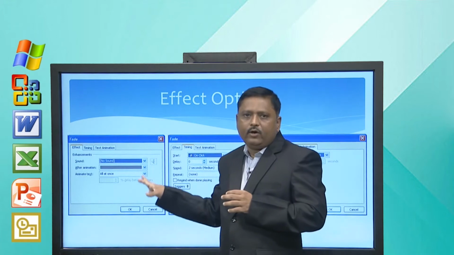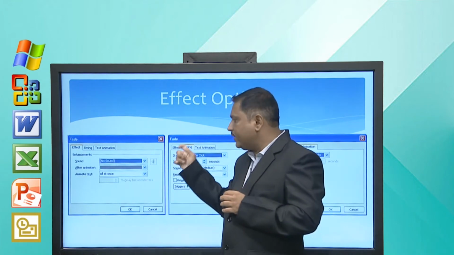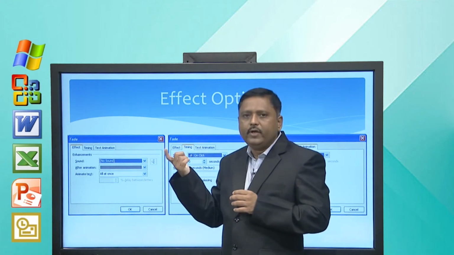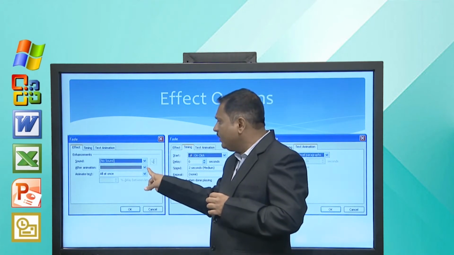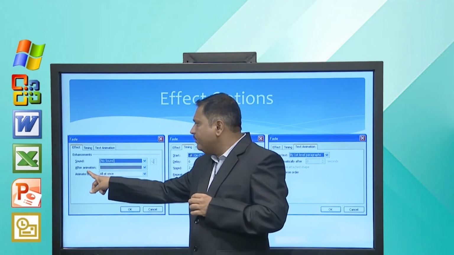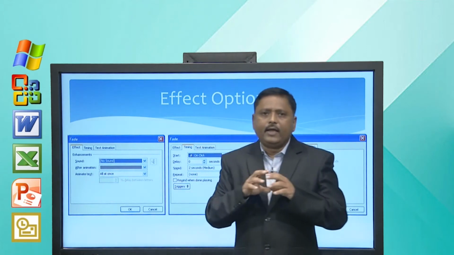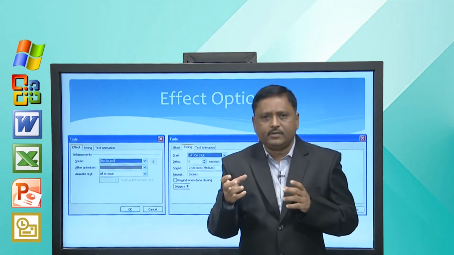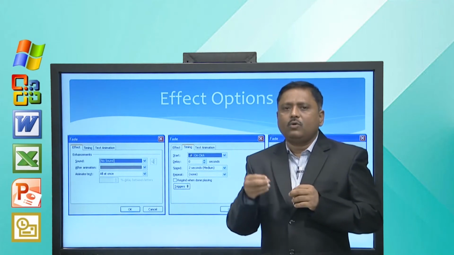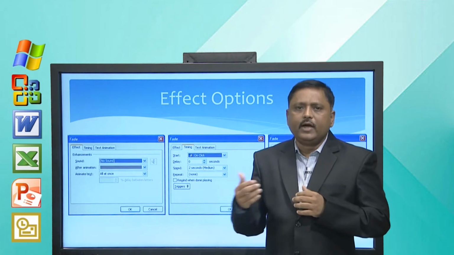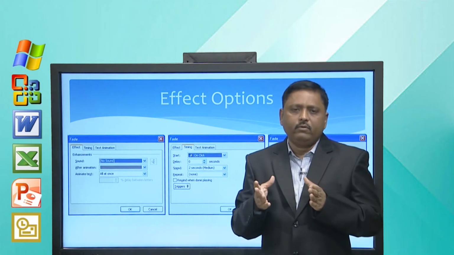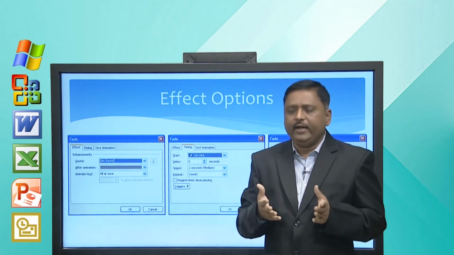There are many kinds of sounds available that you can select from, and you can also hear how the sound will be. Here you can decide that you want to animate text, for example, all at once, or character by character, or word by word. So, you have these kinds of control to apply animation.